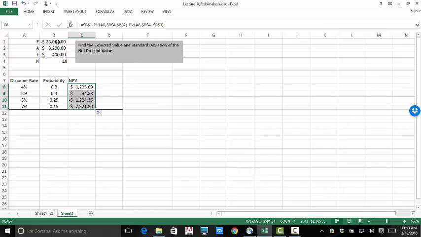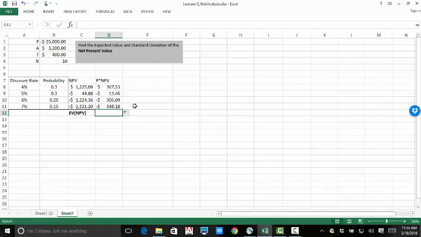The $25,000 upfront payment is going to be a much larger impact as the annuity becomes less valuable. So for expected value, if we remember the expected value formula, it is the sum of the probabilities times the observation. So let's do P times the observation, which is NPV in this case. So probability times net present value, do this, and then expected value is equal to the sum of this, which is the weighted average of the